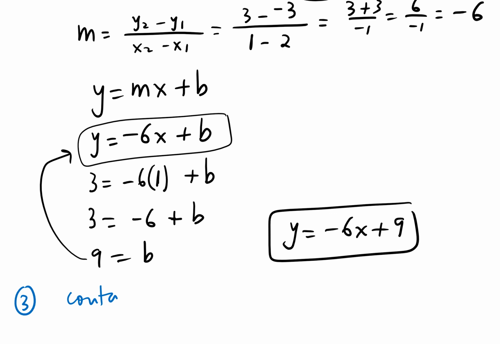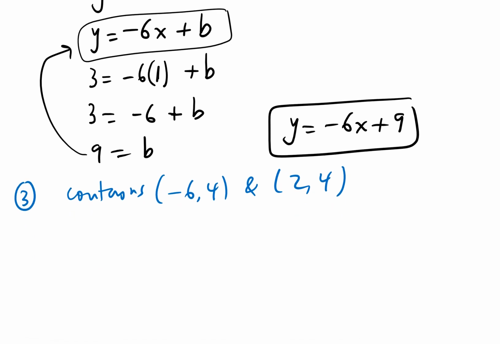Let's take another example. The line contains (-6, 4) and (2, 4). We need to find the equation of the line. Of course, you are welcome to pause the video and try it first on your own. That's what I highly recommend. And then come back to it and see if you got it the same way as I did. So in this case,